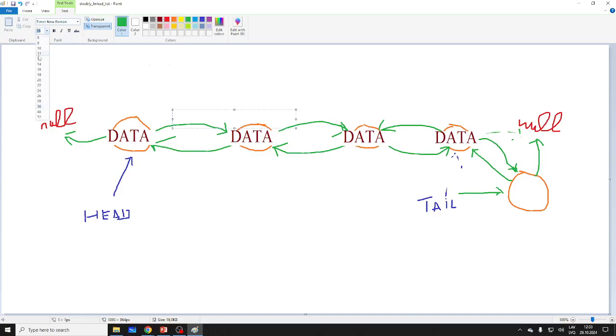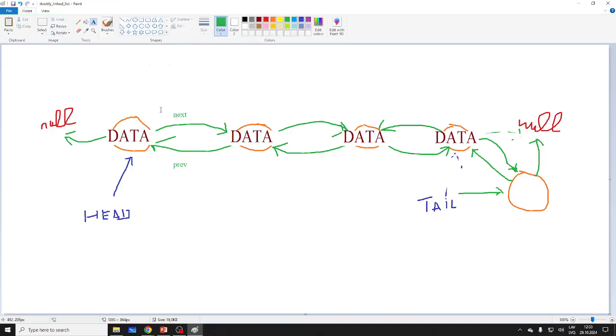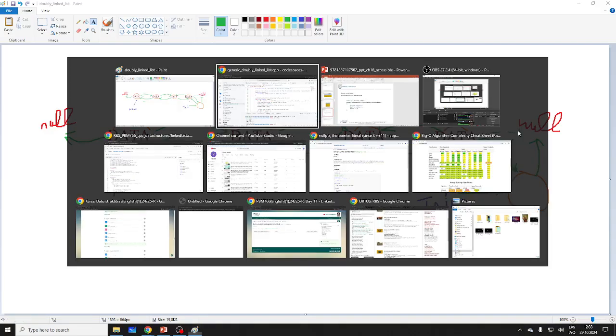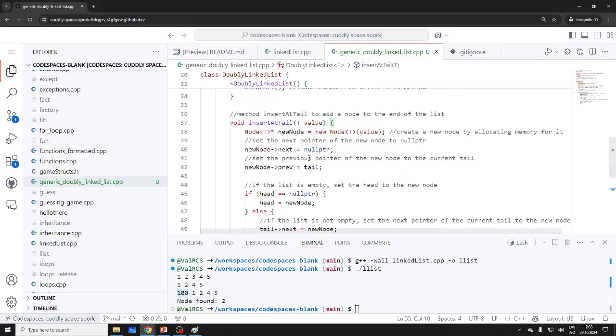The smaller font, like 18, next, on previous, prev. I hope you see this again, and so on. Next, previous, so tail and head, and null pointer as well. Okay. So instead of tail previous, if the list is empty,